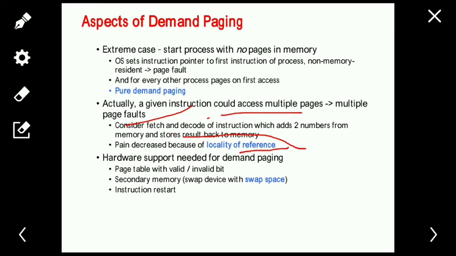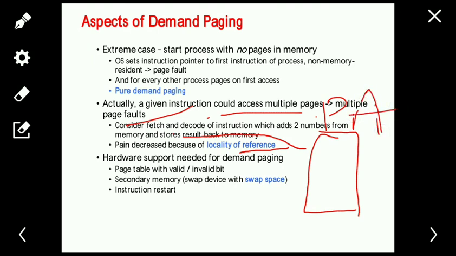Thus it is enough to have only these pages in the physical memory during that time. This is the reason for the success of demand paging. Suppose I'm executing process A. In the concept of locality of reference, if a particular process is executed, there is a chance that only the corresponding pages of that particular process will get executed.